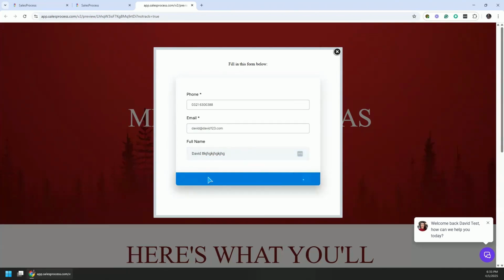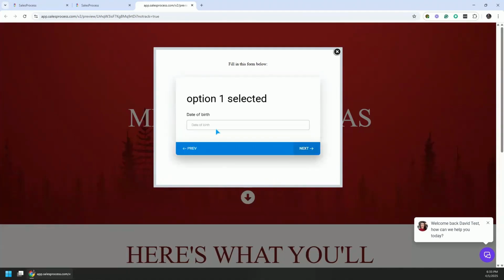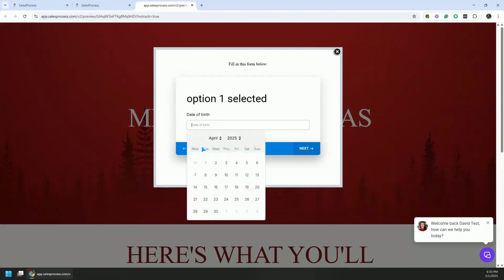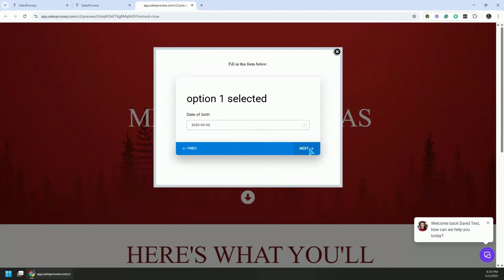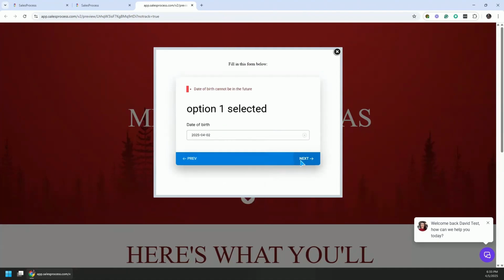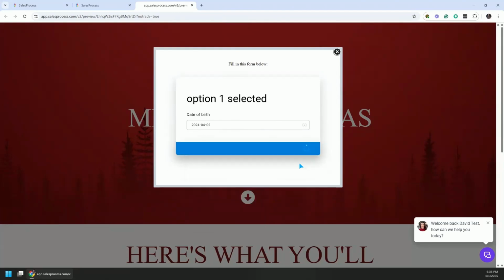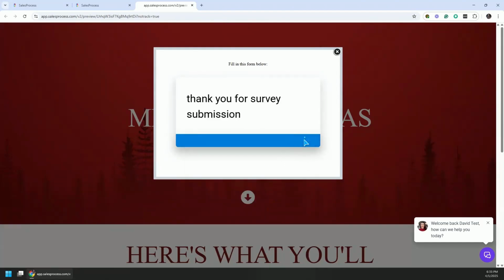Next. And this is a new person, and he selected option 1. He selected his date of birth. Okay, maybe not in future. Let's select it in the past. Date of birth cannot be in future, so I select it in April. Next, and he filled out